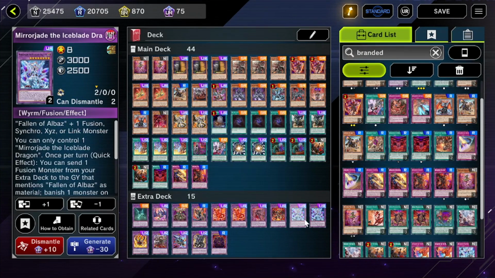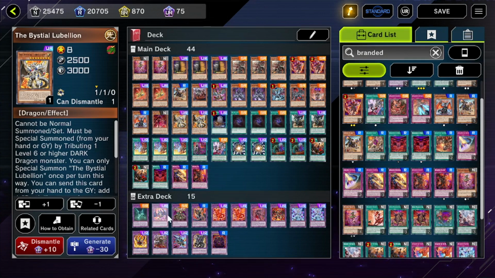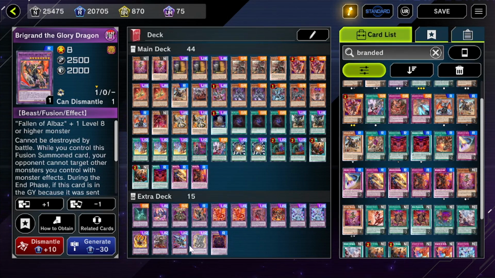We've also got the typical stuff going on here. But for the new cards, we've got the Dust Dragon, which basically can send a light or dark monster to the graveyard from the deck or extra deck, which is obviously very good. It can send Bystial Lubellion from the main deck, but from the extra deck, it can send like Albion, it can send Brigand, it can send all of the fusions here that have bonus graveyard effects, which